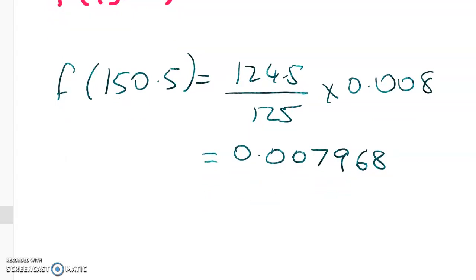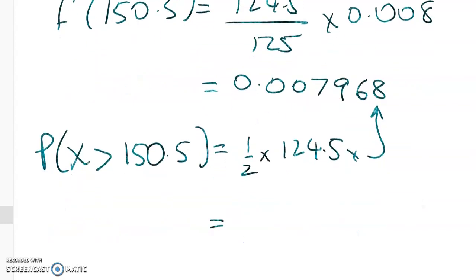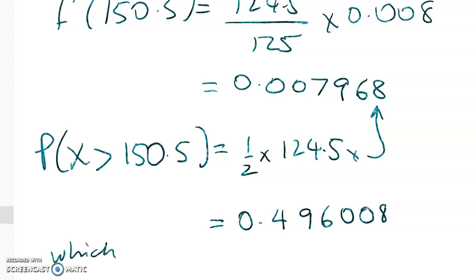So we get that, and then the probability is going to be half the base times the height, and that gives me 1/2 times 124.5 times that number there. This is appalling working, sorry, if any proper teachers are watching. I'm sure you'll leave me a comment. So we get that, and it's very close